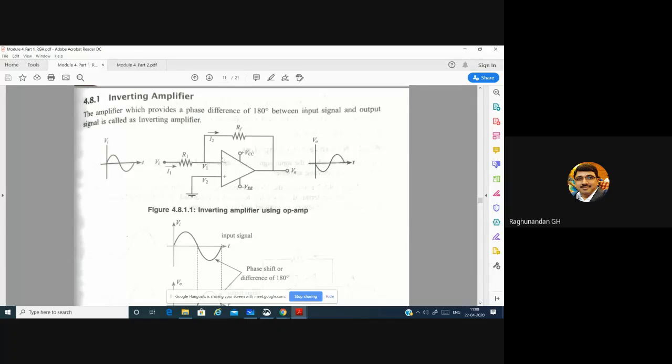Now, because of that, less current, and you know that the current through the base will be in terms of microamperes. So that is very negligible. Even in the transistor, we neglect it: as I is equal to IB plus IC, we neglect IB and take I approximately equal to IC. So that's why here also we just neglect the current which is entering the op amp.